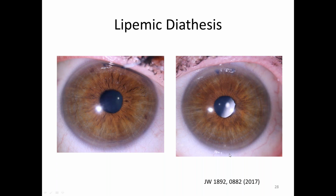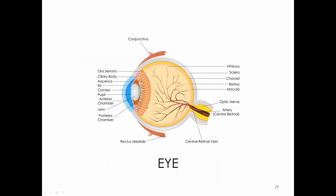I think this will actually go all the way around in about 10 years. Now, this is interesting because this client is about 45 years old, and she's already showing this. Now, I'm going to show you in a moment why this is important. But first, let's look at some anatomy. The cornea is right here, and it is a clear layer in front of the pupil, this is the pupil right here, and in front of the iris. So when we see